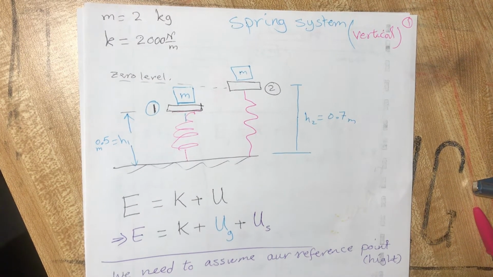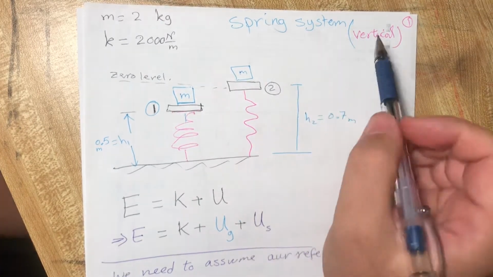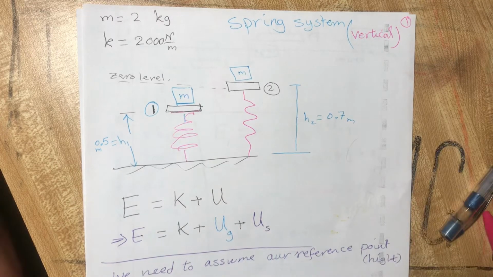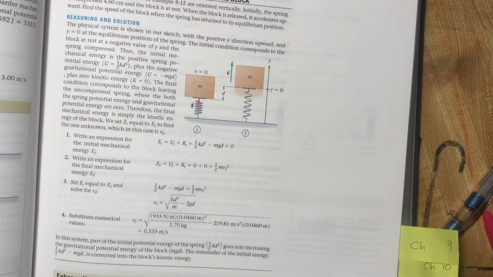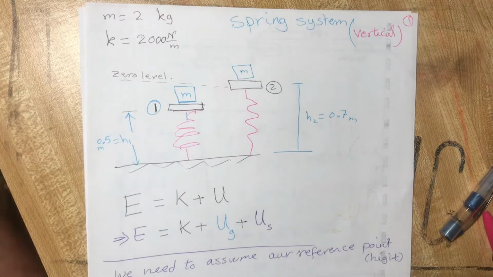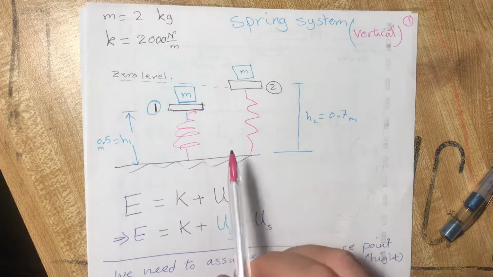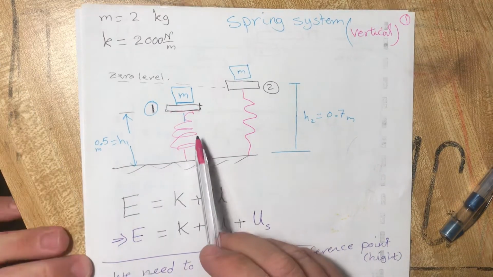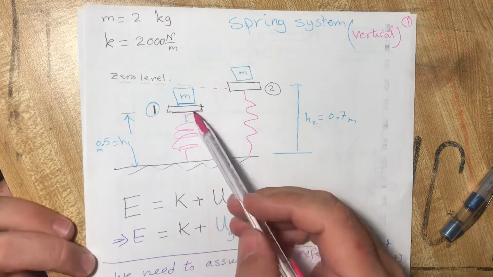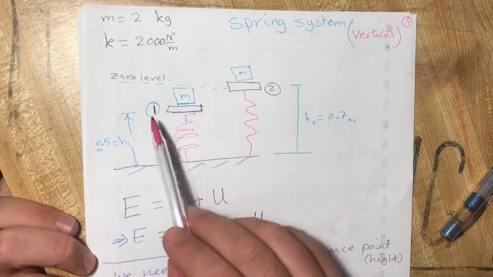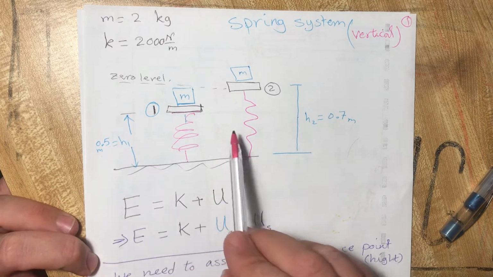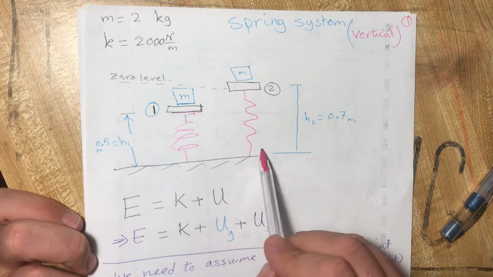Okay, now I will talk about the next example, which is a spring system but vertical. You can see one like this example in the book, this one. Now, suppose that we have a spring with a mass vertically. If the spring is compressed in the first situation with height half a meter, then in the second position it released